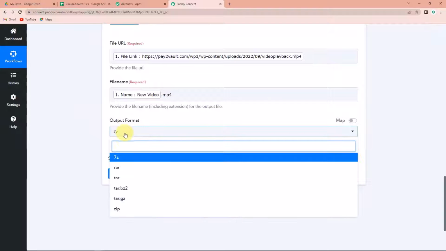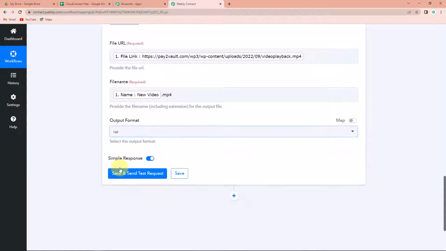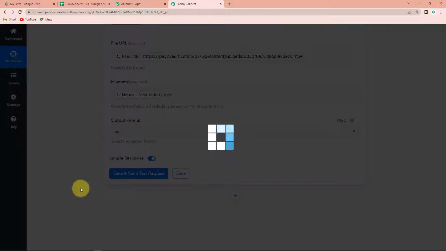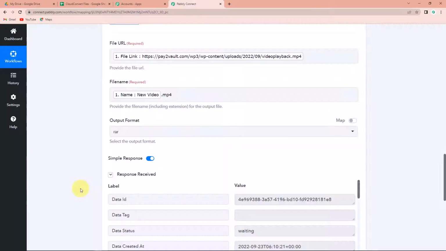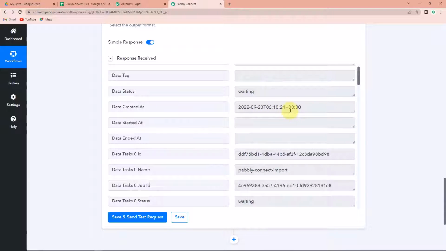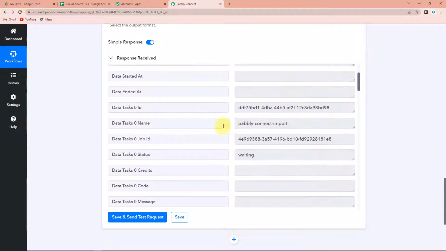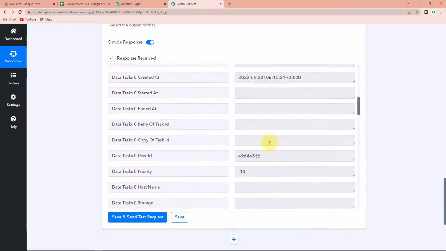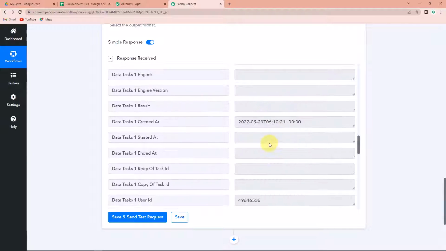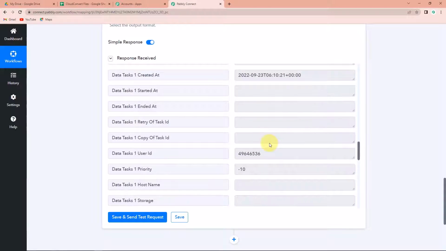Now the output format here, let's say it is RAR file. Let's click on save and send test request. So once done, here we have received the information. You can see this is the data ID status, then it is the creation time, then Pabbly Connect import. So we have received this information, but here we haven't received the link of the URL to be uploaded on